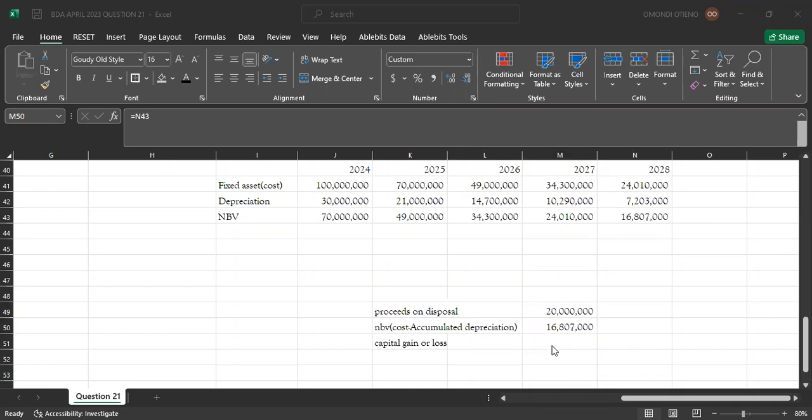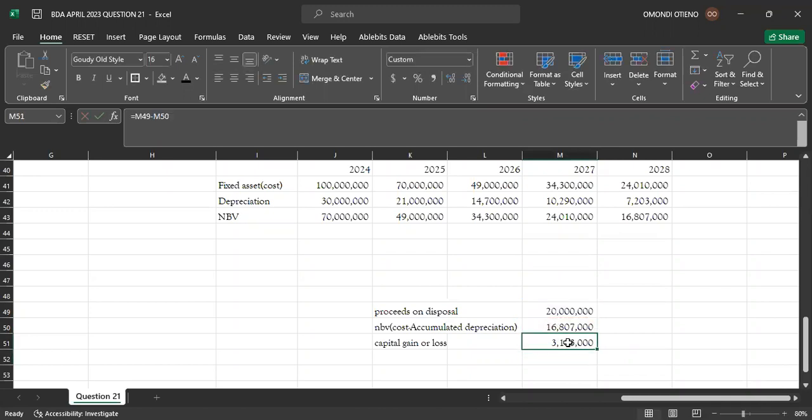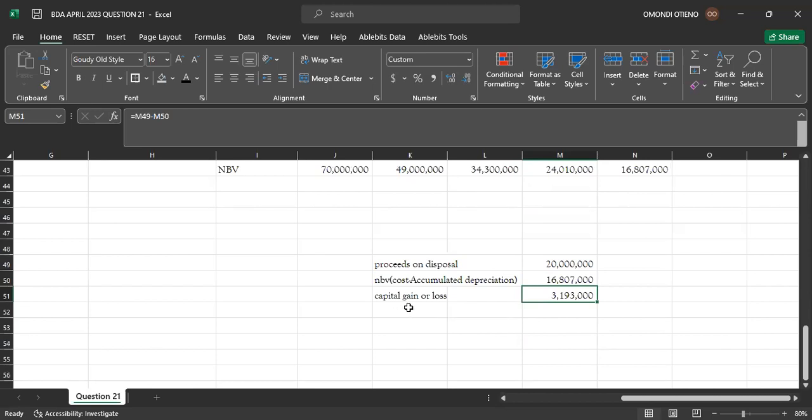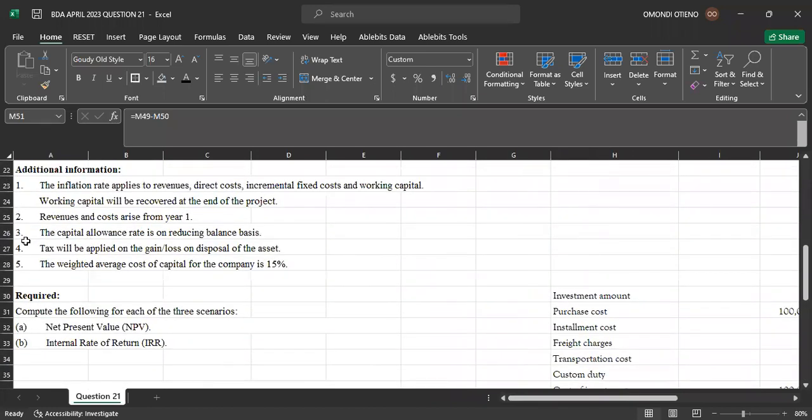Was it a gain or a loss? We take the proceeds on disposal less net book value. So if you get a positive figure, it is capital gain. If you get a negative figure, it is capital loss. The moment you have capital gain or capital loss, then somebody asked me a very important question here, additional information